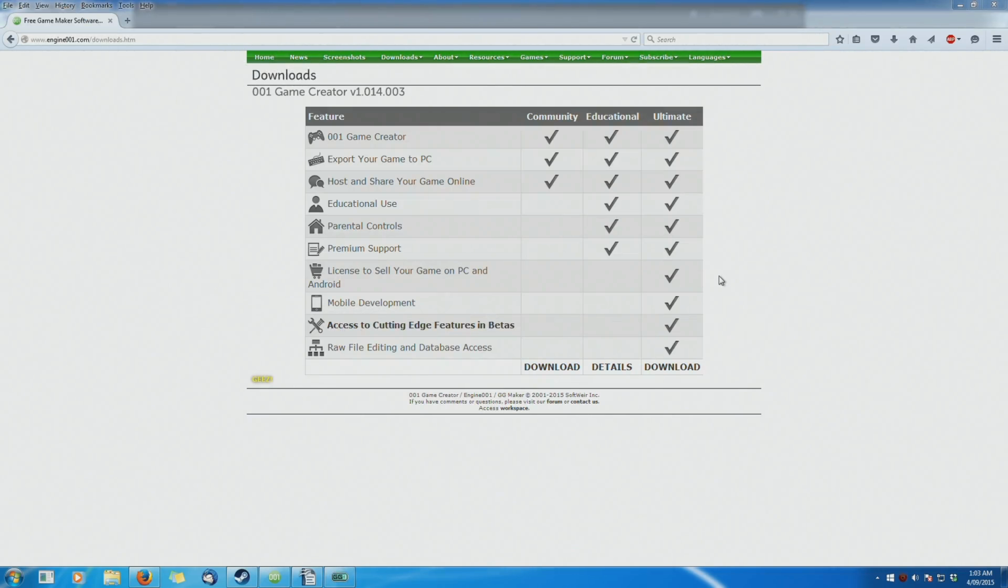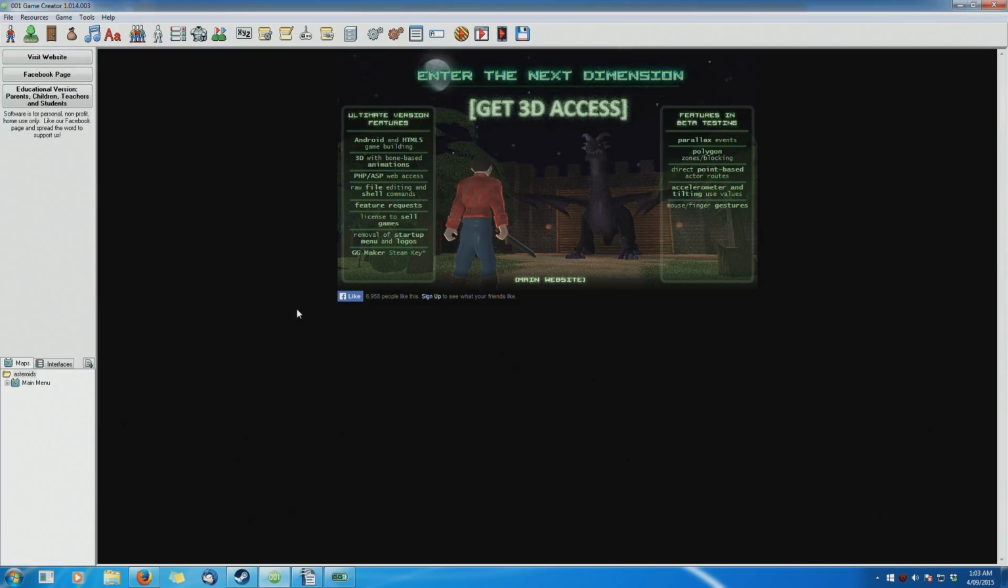And for a free version, I've got to say, engine001/ggmaker is very unlimited. Most free versions don't allow half of the features. GG Maker allows pretty much all the features. So if we go into the free version here, which I've got loaded up,